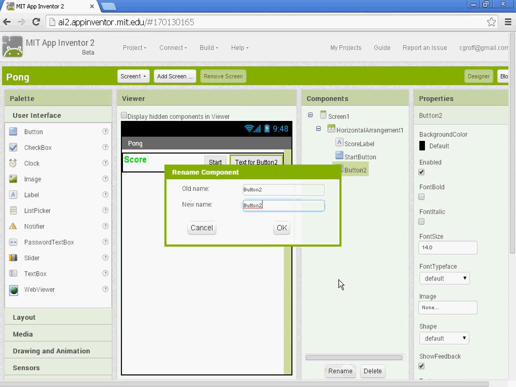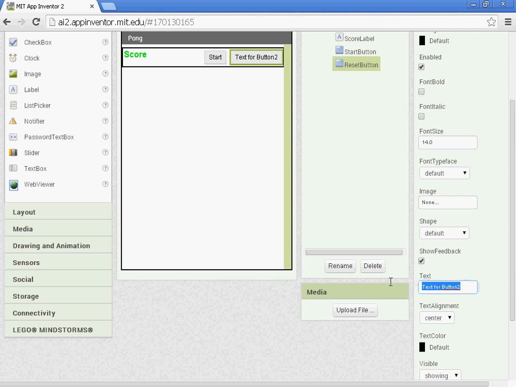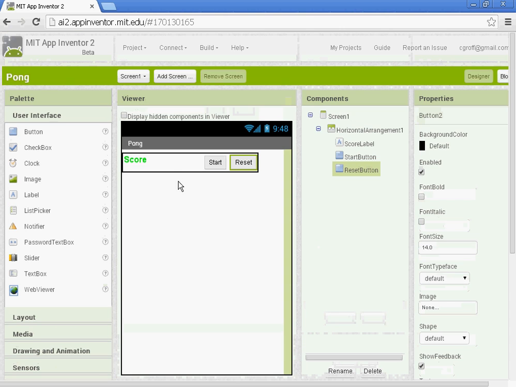Button2 we're going to rename. That'll be our ResetButton. Remember, no spaces. And then the text will say Reset. Alright. And then underneath it,